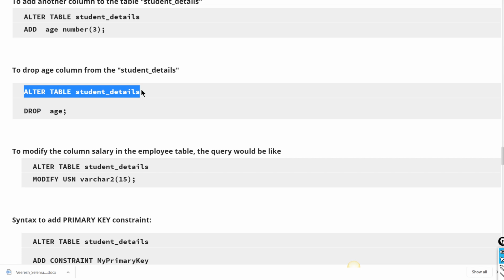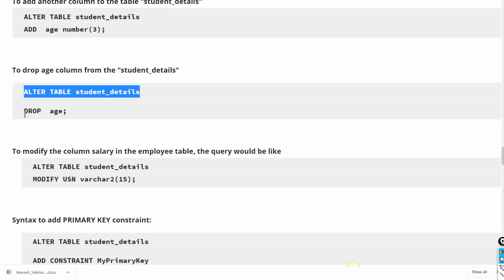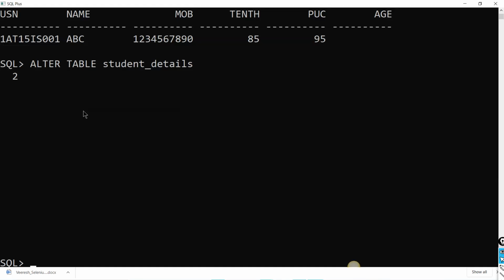If you want to drop a column, say for example I want to drop this age now, how can I drop this? Alter table student underscore details drop column name. What is the column name? Age.